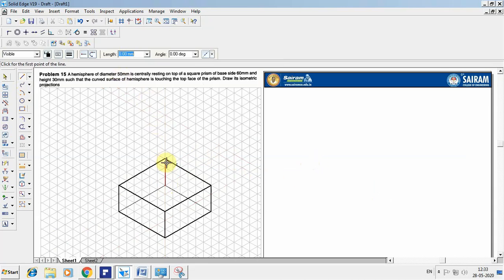So now I have to construct the square face at the top of the 25 point, that is the point on the tip of the axis. So to get that, from here I have to come back 25 mm downwards. So from this point I'll go for 25 mm downwards. From here again I have to go for 50, and again I have to go for 50. So once you've done this, go for identifying the points again. So these are the construction lines which are drawn.